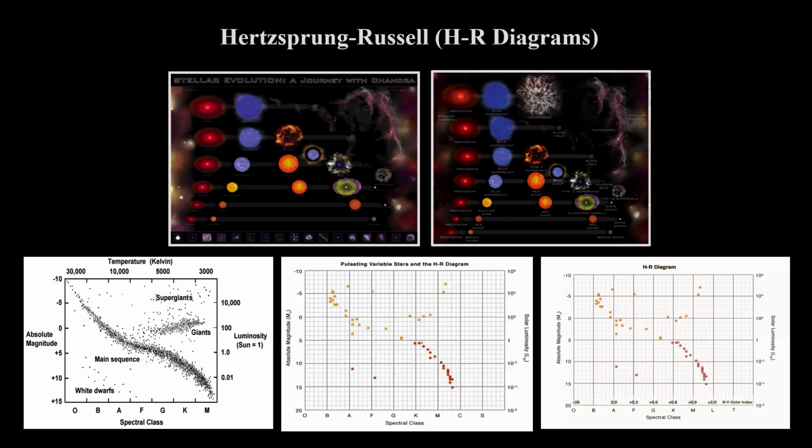The stellar classifications on the middle and right show different classifications. Looking at the 3 HR diagram plots again, the one on the right shows absolute magnitude, luminosity, temperature, and stellar classifications, OBAFGKM. The middle graph has classifications C and S after M, and the plot on the right has L and T after M, as well as the B-V color index above the classifications. There are many classifications besides OBAFGKM.